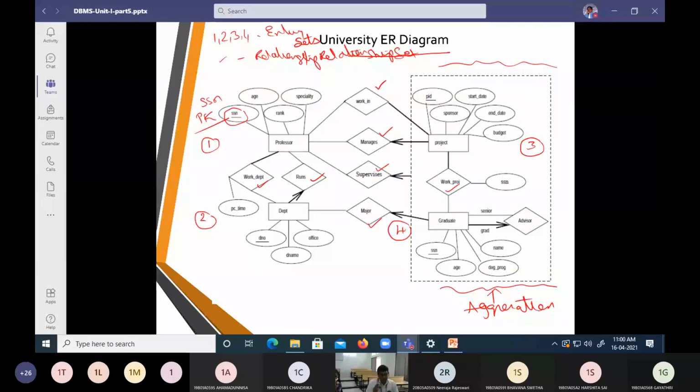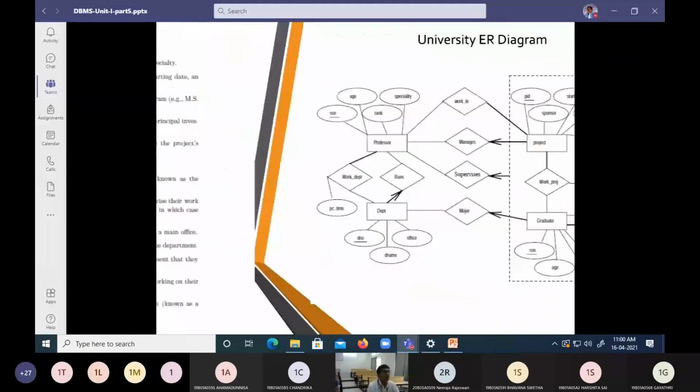So the professor is uniquely identified. His unique identification is given by the SSN. Therefore, we call it a primary key. Later on, we have age, specialty, and rank, and all these items we call attributes. Next one.